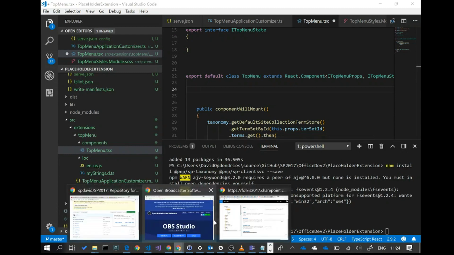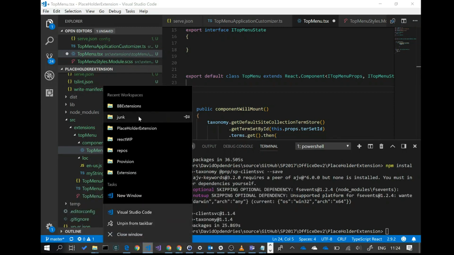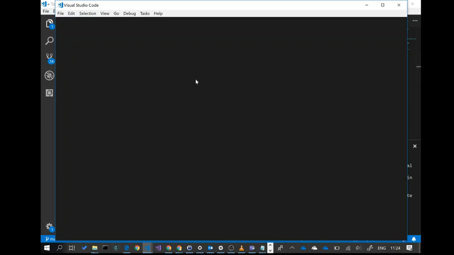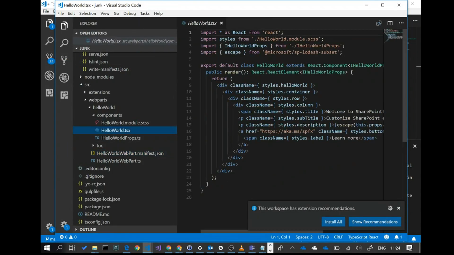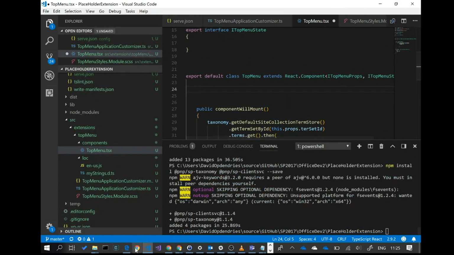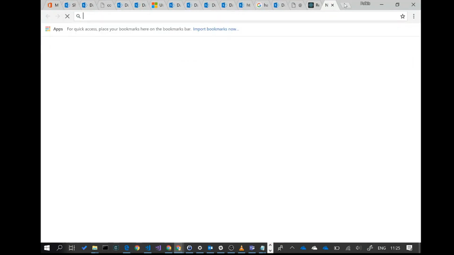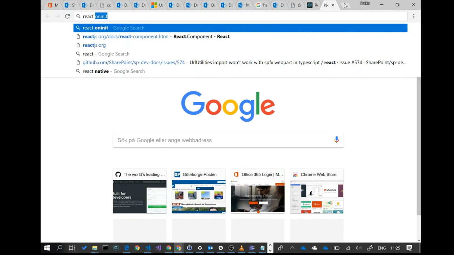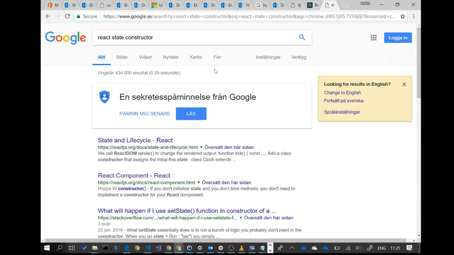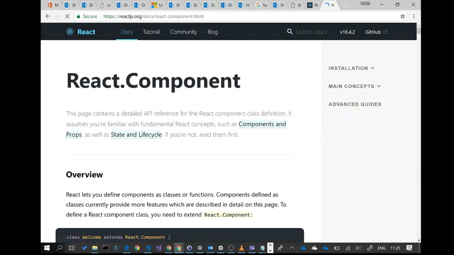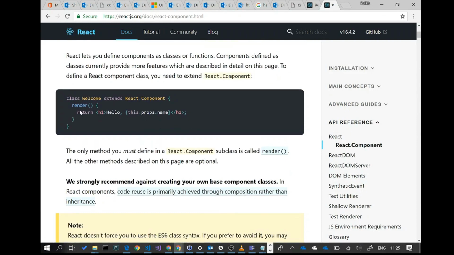Let's see, we have a junk. Let's look at the junk one. No, it's not there. Hello web part. State React. State constructor. So there we have the render